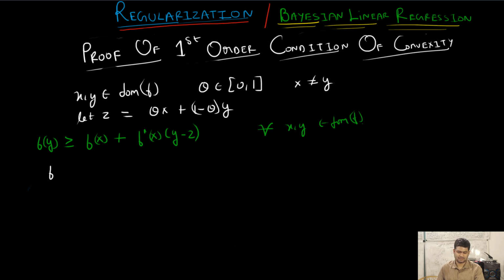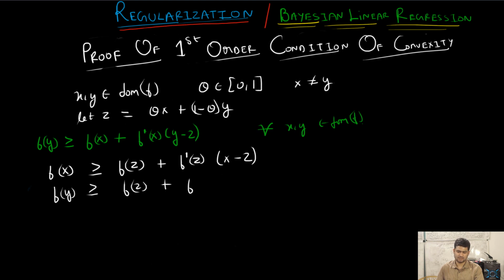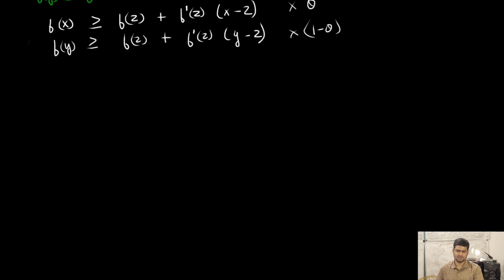f of x is greater than or equal to f of z plus f dash z times x minus z. Also, f of y is greater than or equal to f of z plus f dash z times y minus z. So since theta belongs to [0, 1], we can multiply the first inequality by theta, and the second inequality by 1 minus theta. And since these both are positive, we can write the resultant inequality as,